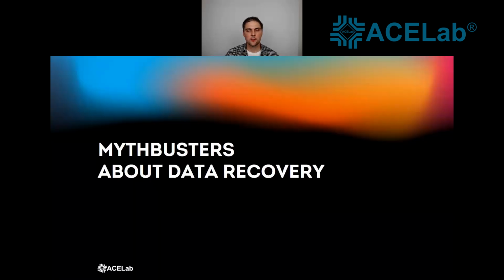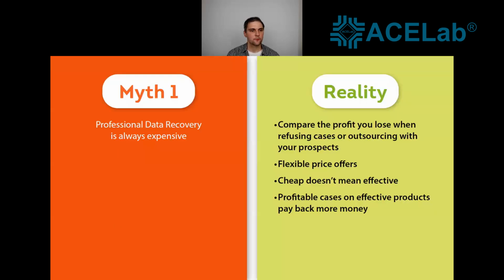So now let's talk about the myth busters about the data recovery sphere. First of all, someone says that professional data recovery is always expensive, because you need to prepare your lab, you need to prepare some donor drives, you need to invest a lot into trainings, into technical support, into equipment, of course. But we can say that it's only partially true, because first of all,